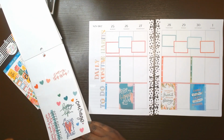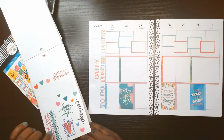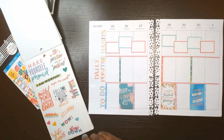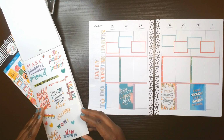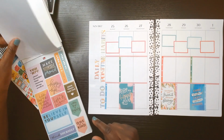And then we have some more words. If not now, then when. Happy life, courage, love yourself first. Deep breaths are like little love notes to your body. We have some hearts in here if you want to get decorative. And again, I may go back off camera and decorate it. I don't know yet, because I'm still trying to see if I even like the way this looks. I do and I don't. More do than don't. And then we have some more words we can throw in if we wanted to